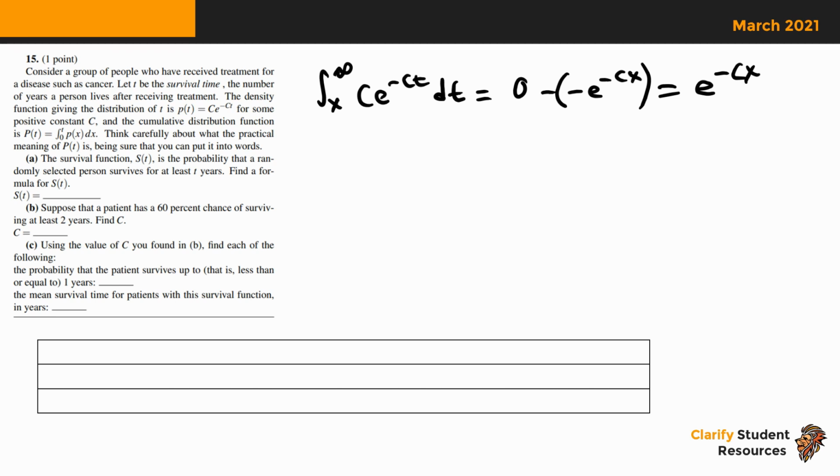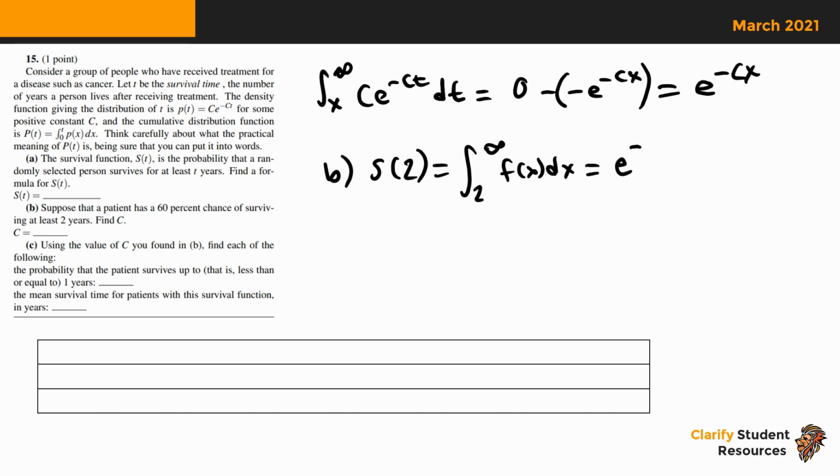So for part B, we want the patient having a 60% chance of surviving at least 2 years. So their survival is going to be 2 years, right? Or it's going to be from 2 to infinity of our function. So in this case, we know that x is equal to 2. So we have